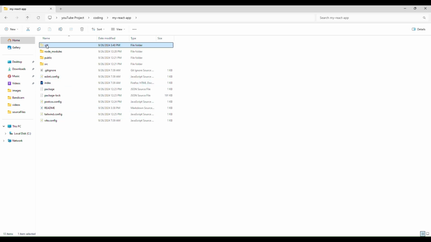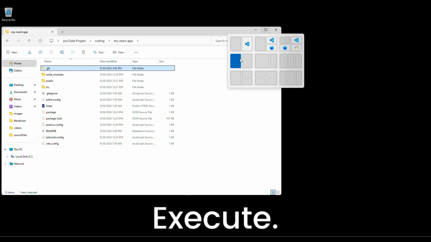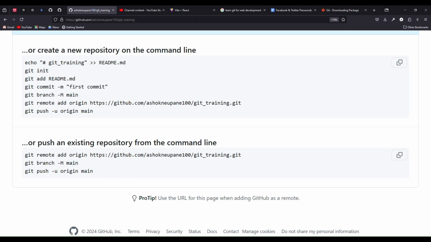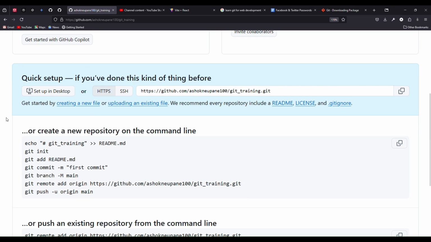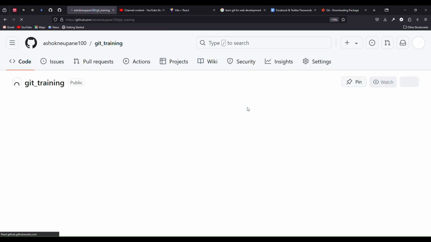Simply this folder has come to your computer, and it has been connected to this point. And what you do is just refresh this page.